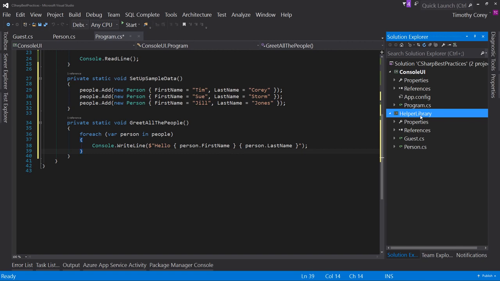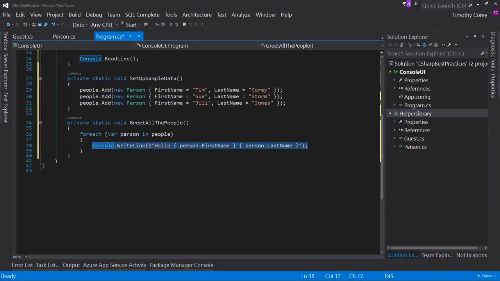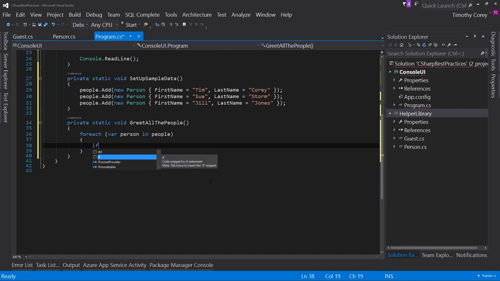Now, this next best practice is going to ruffle some feathers. Number 8 is use curly braces for if statements. And what do I mean by that? Well, let's take this example here. I'm actually going to cut this out for now. And I'm going to say if person.firstname